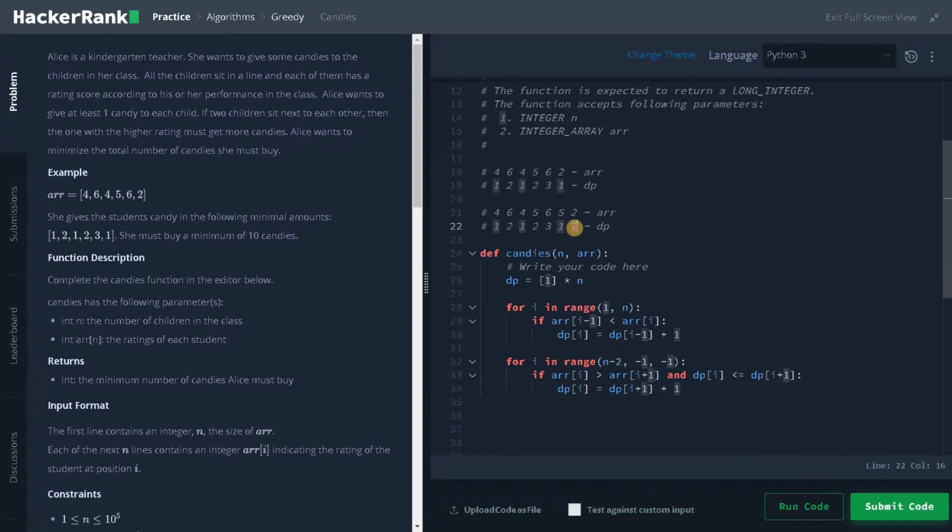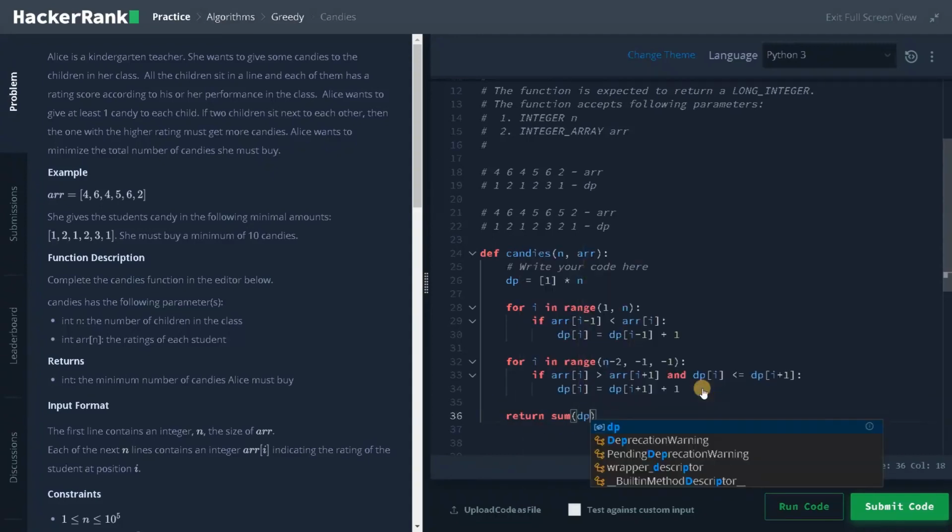So dp of I plus 1 is 1 and plus 1 is 2. So this will change into 2. And if you consider all the remaining elements, all of them satisfy this condition, and finally we will return the sum of dp, that is the total minimum number of candies Alice should buy.